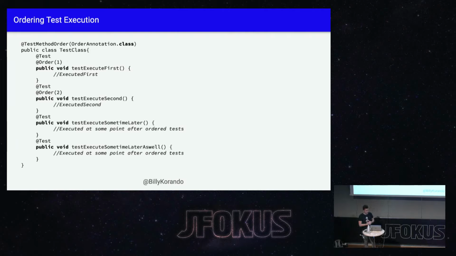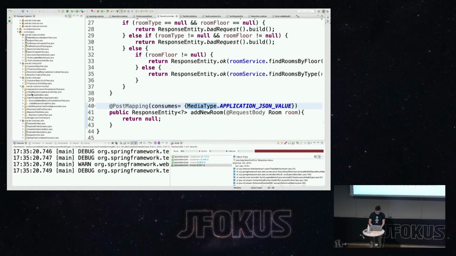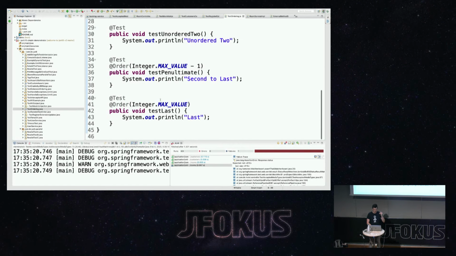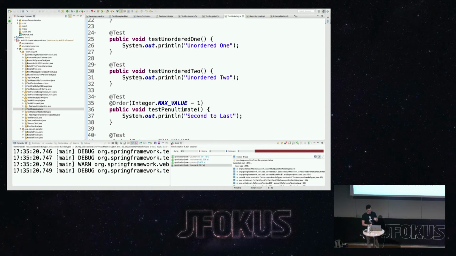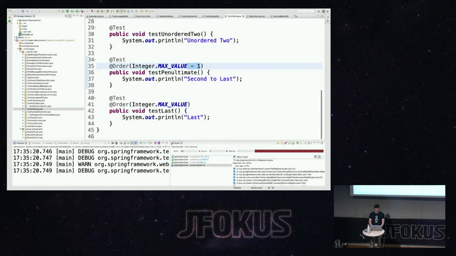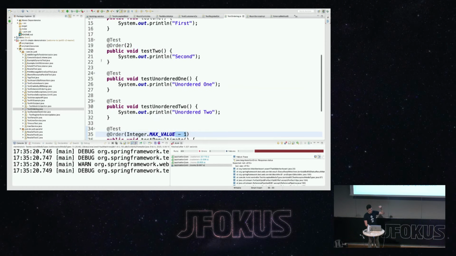Something that's new in JUnit 5.6: in 5.5 and before, these bottom 2 tests would be executed at the very end of the test case because they didn't have an order, but now tests that don't have an explicit order have a default value of max integer value divided by 2. So now these tests, in JUnit 5, would still have been executed before these 2 unordered tests,